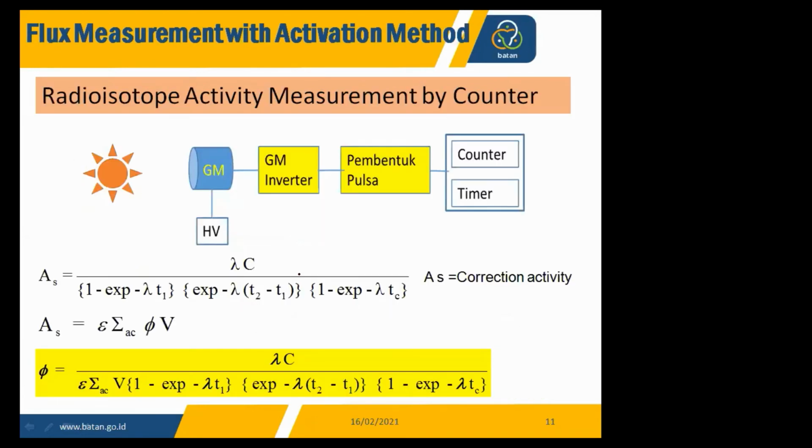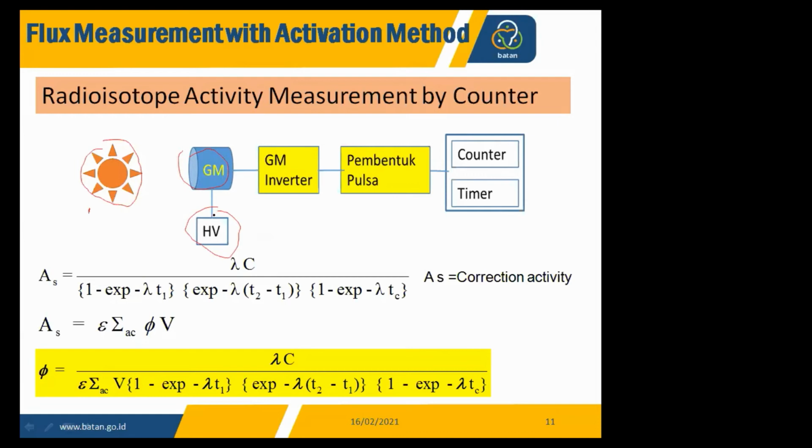In this experiment, to count the gamma radiation particles emitted by the activated material, a Geiger-Müller counting system is used. The system consists of a Geiger-Müller tube and a high voltage supply, as you know, all neutron detectors must have high voltage for operation,